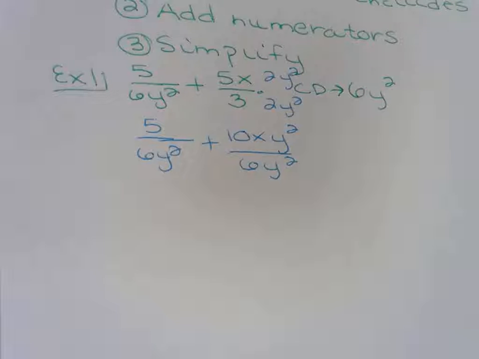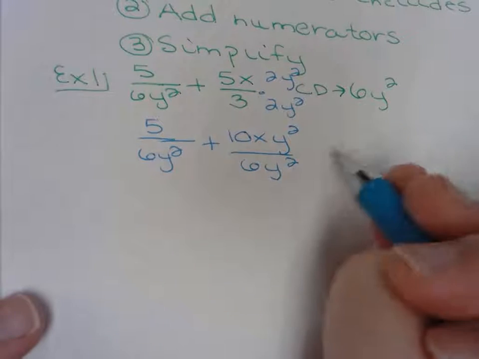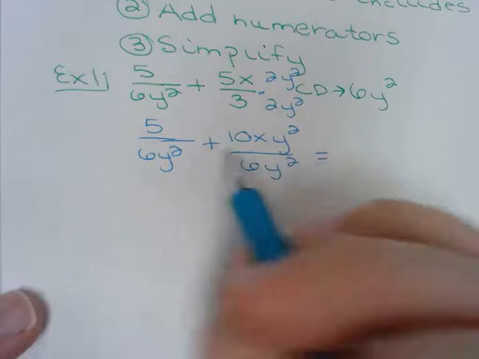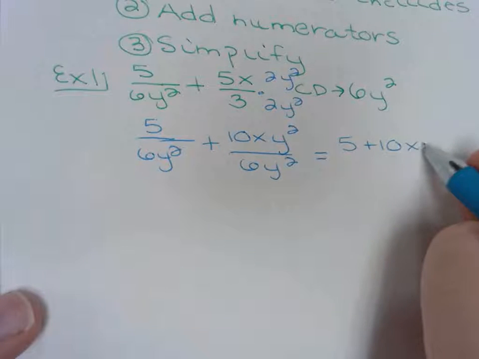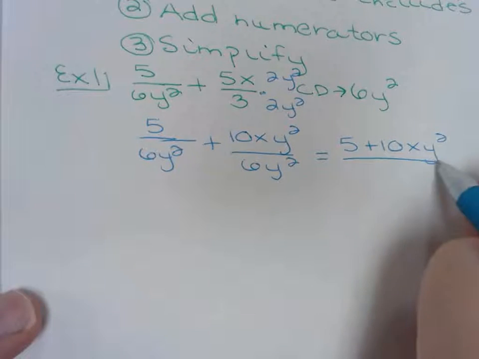Do I have common denominators? Yes, so you can put them together. You add the numerators together. Even though you can't really combine them, you can still write it as 5 plus 10xy squared over